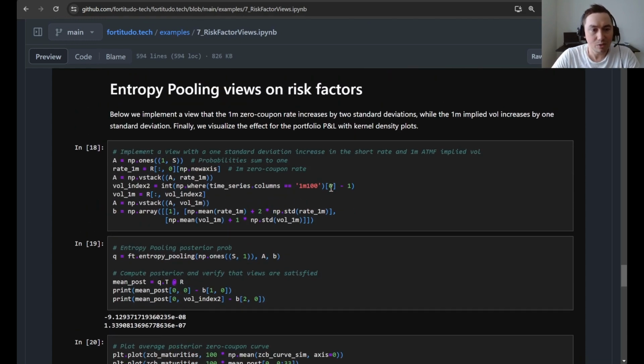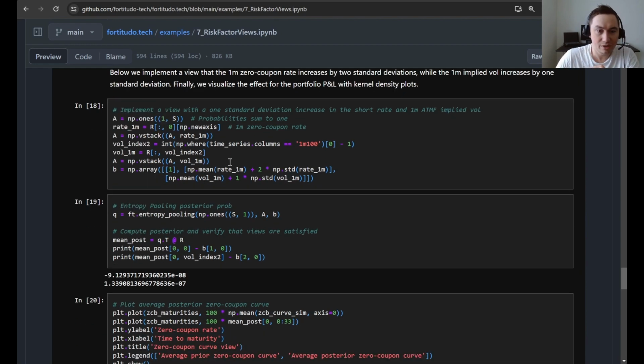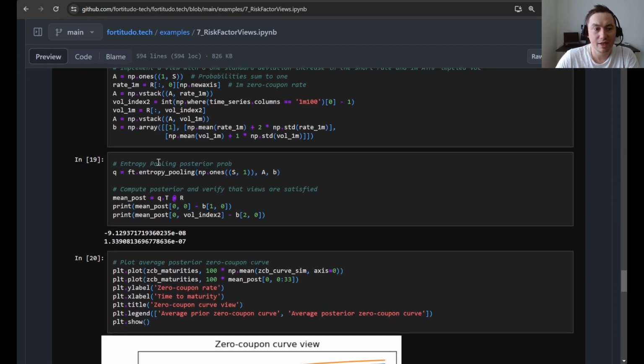Alright, so here we implement some entropy pooling views, and of course the first thing we need to do is to ensure that the probabilities sum to 1. After that, the views that we implement is that the 1 month zero coupon interest rate increases by 2 standard deviations, while the 1 month implied volatility increases by 1 standard deviation. So of course this is just some examples that I came up with, that I thought were interesting to look at. So here, you can go through these views to see that this is actually what I specify,